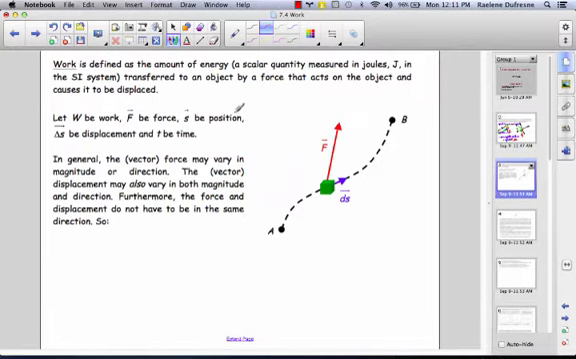So it's really important that we know that the force has to contribute to the displacement of the object in order for work to be done. So let's let W be work, F vector be force, S vector be position, and delta S vector be displacement while t is time. So if we have a path from point A to point B that the green block